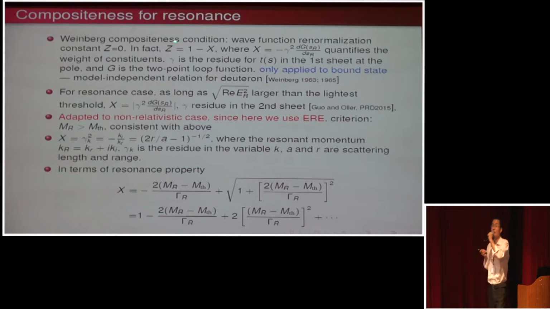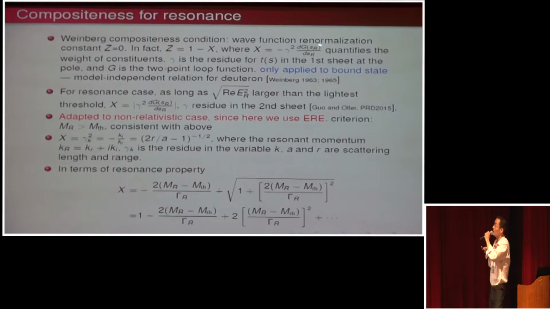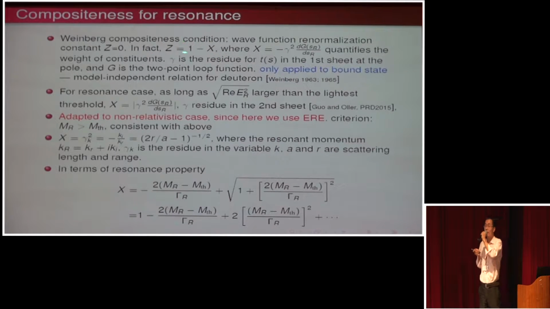The whole story should be dated back to the 1960s, to the well-known relation for the deuteron. If it is a pure bound state, the wave function renormalization should vanish. Z is called the elementariness, and X is called the compositeness, and it's defined in this way. Gamma is the residue, and G is a two-point loop function. If X equals 0.8, it means 80% of that state is the B B-star-bar component. And as in the last talk of Oki, he has mentioned the